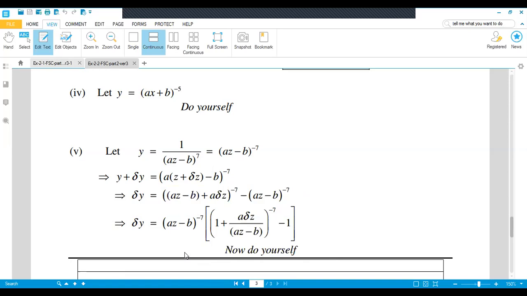This is very easy, interesting, and I hope you will understand it. So this first principle or ab initio method or by definition, all have the same 4 steps. If you remember these 4 steps and if you know the binomial theorem, you can easily solve these questions and there will be, inshallah, no problem. So again, if any confusion, any question, you can ask it in the Zoom meeting class.